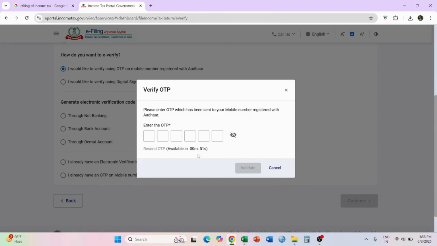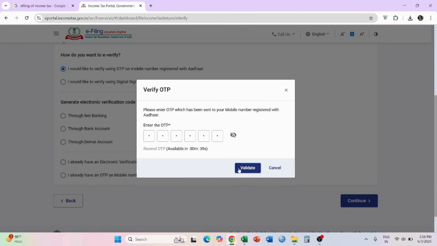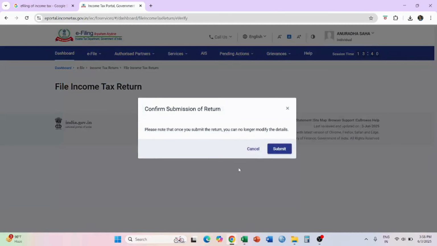Just write down that OTP. I am writing down the OTP. Click on validate. It gets validated and your return gets submitted. If you select submit, your return gets submitted and you can no longer modify the details.